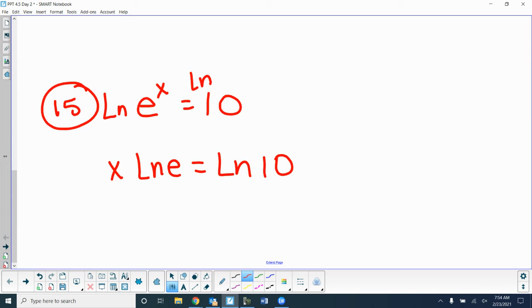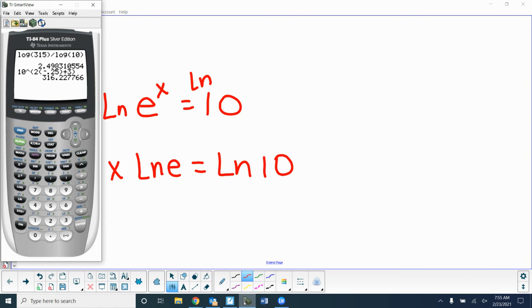What is that? Come on, we don't need a calculator for that. They cancel, right? So what things cancel, what answer is that? 1, right? And if you want to, actually do that in your calculator, you hit natural log, and then E